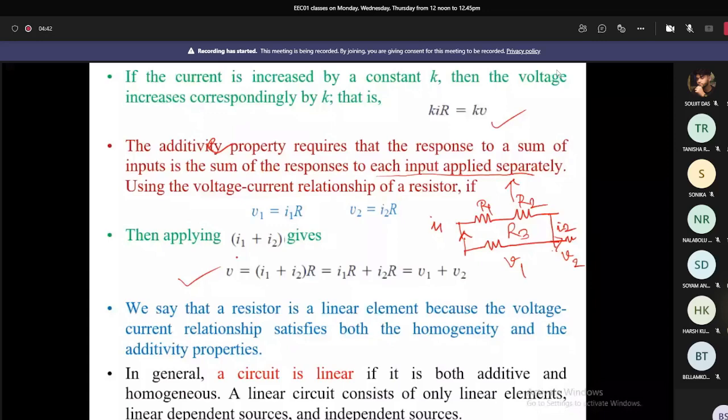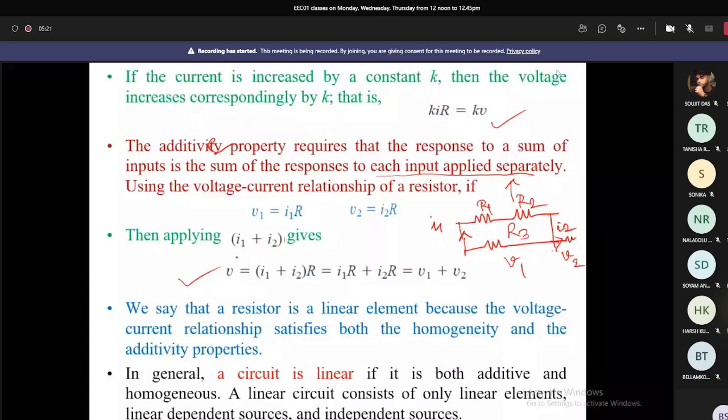The superposition theorem states that the voltage across or current through an element in a linear bilateral circuit... Bilateral means that if we change the polarity, that doesn't affect the circuit. So that is bilateral. What is unilateral? Whenever we change the polarity, the current through the circuit will either not flow or will not be reversed. That is the case when we have unilateral elements in a circuit, such as a diode, BJT, all those things. So when they are in your circuit, you cannot apply the superposition theorem.